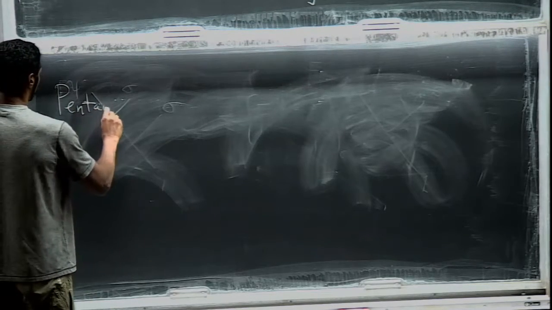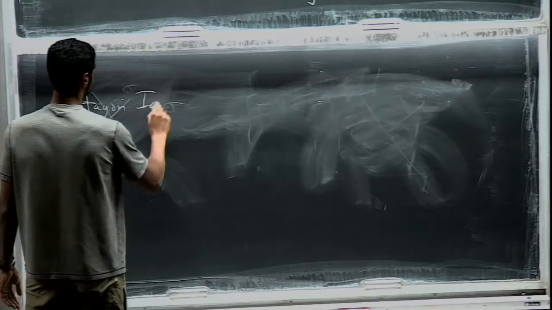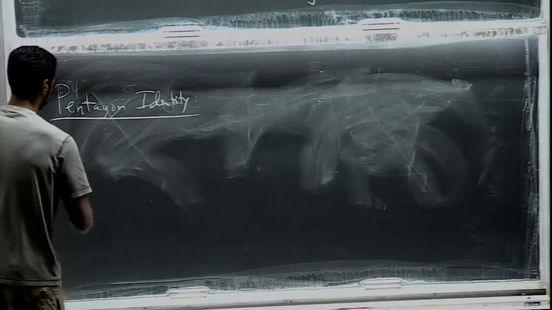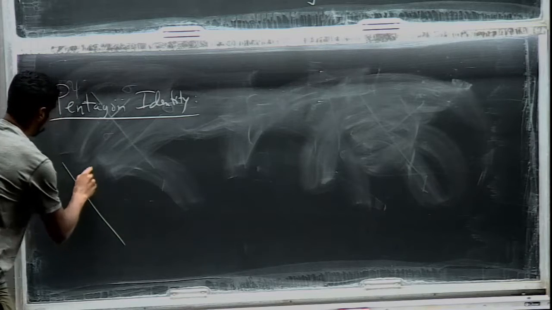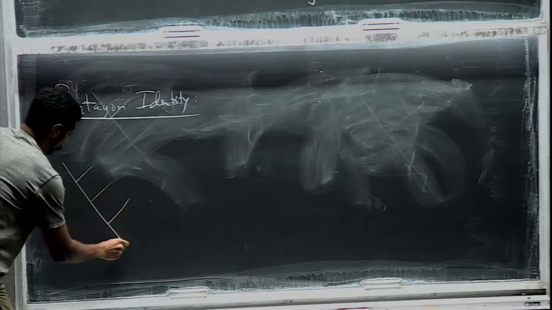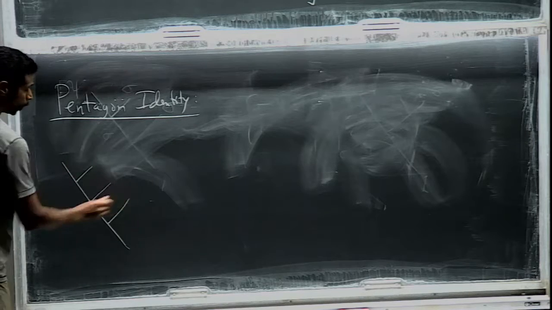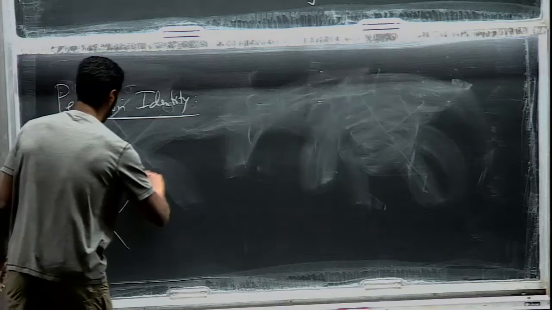The most important of which is called the Pentagon identity. Which basically says, let me take one of these situations where I'm fusing four different anyon types into something over here, and let's apply the F moves in two different ways. And if this all is supposed to be a consistent basis change, then they have to satisfy